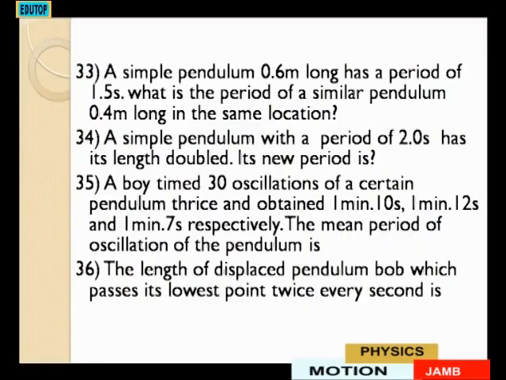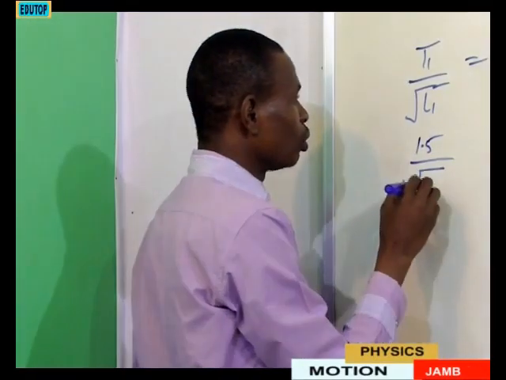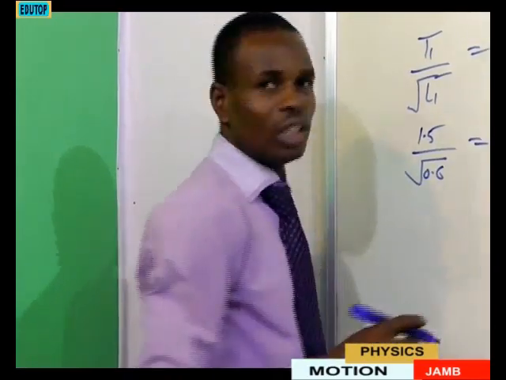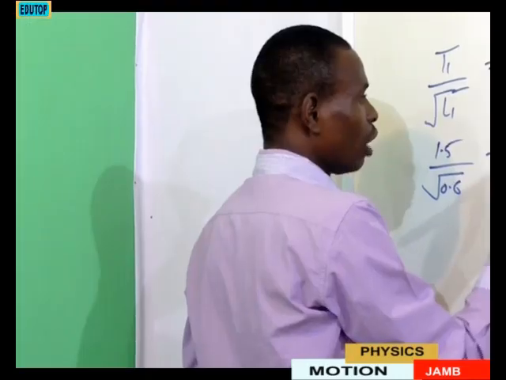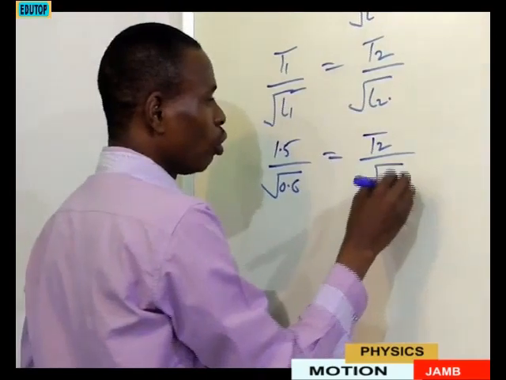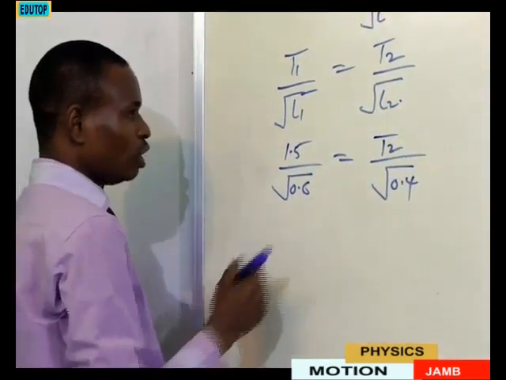The question, let's go to the question again. A simple pendulum 0.6 meter long has a period of 1.5. Let's take T1, L1 as the first pendulum that has all these values. The value is 0.6 meter for the length, at 1.5, so we are having 1.5 over the square root of 0.6. The question now says, what will be the period of a similar pendulum with 0.4 meter long. We are looking for the period and we are given 0.4. So we are looking for T2, the period for the second